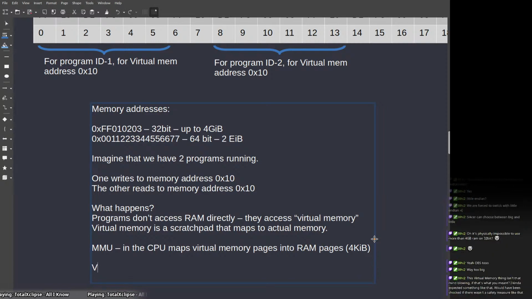So this virtual memory thing isn't that mind-blowing. Is that what you meant? Yeah, I just what I meant. Can I expect something like that? We will have in second. It wasn't that safety memory like that. Okay. So